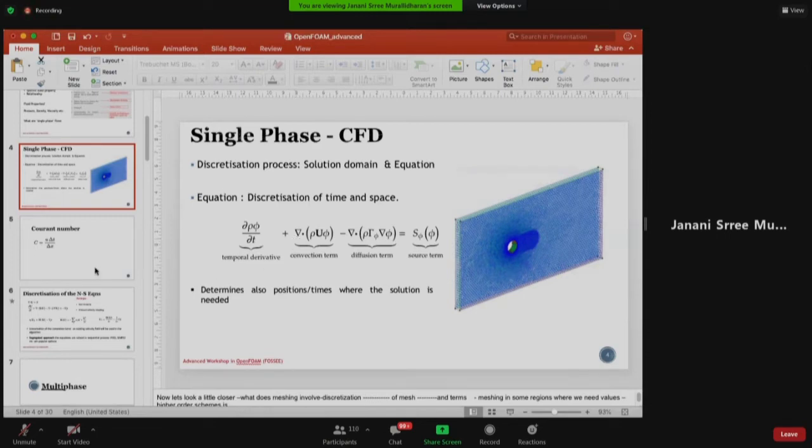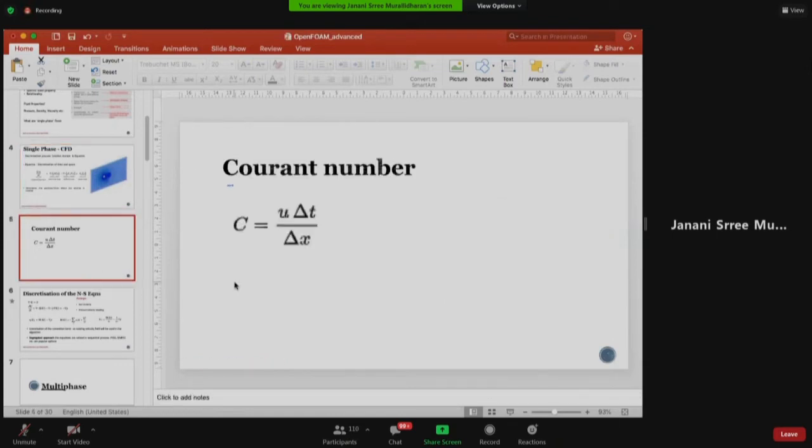The Courant number is one such number which says do a time step, in this case, the blinking. A time step means it will generate some data at every time step, how much movement has happened. And what you're trying to tell the code is that your time step should be only just enough so that the movement of velocity happens across one grid cell.